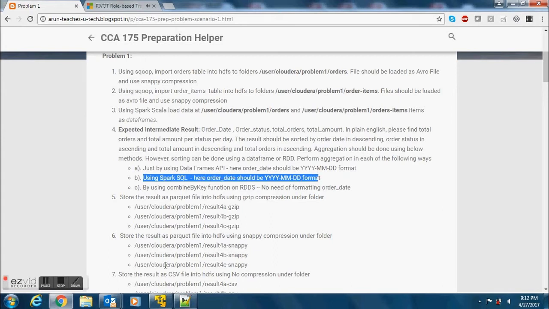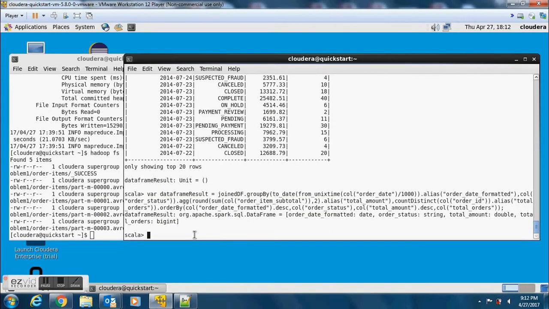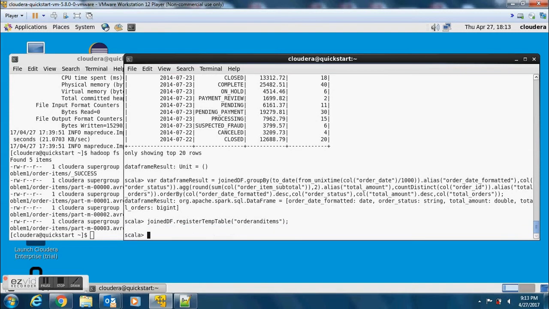Now the second part of the problem is to do the same activity by using Spark SQL. Using Spark SQL is probably easier for people who understand the SQL language a little better than programming languages like Java or Scala. So for that, we need to first register a temp table. Now, should we register a temp table on the data frame object? Yes, we should. And let's name it order_items. Now let's try to query this table by doing var sqlResult equals joinDF.sql